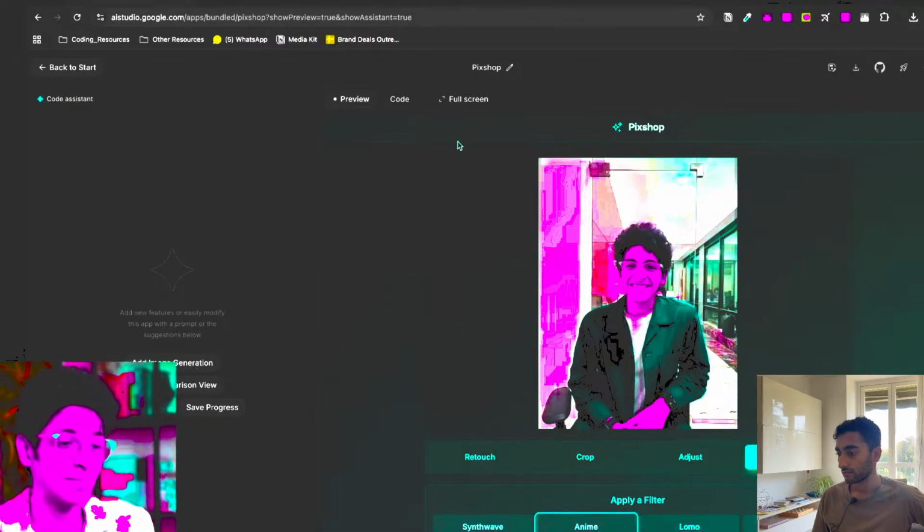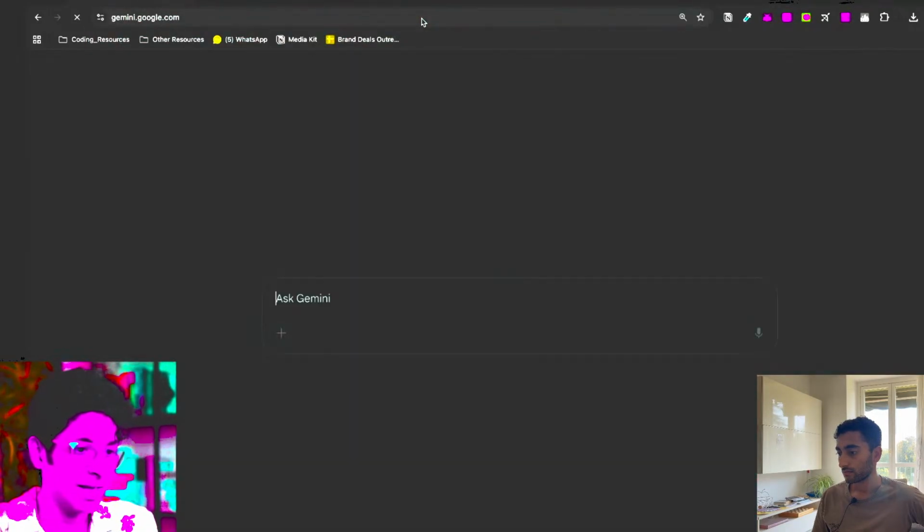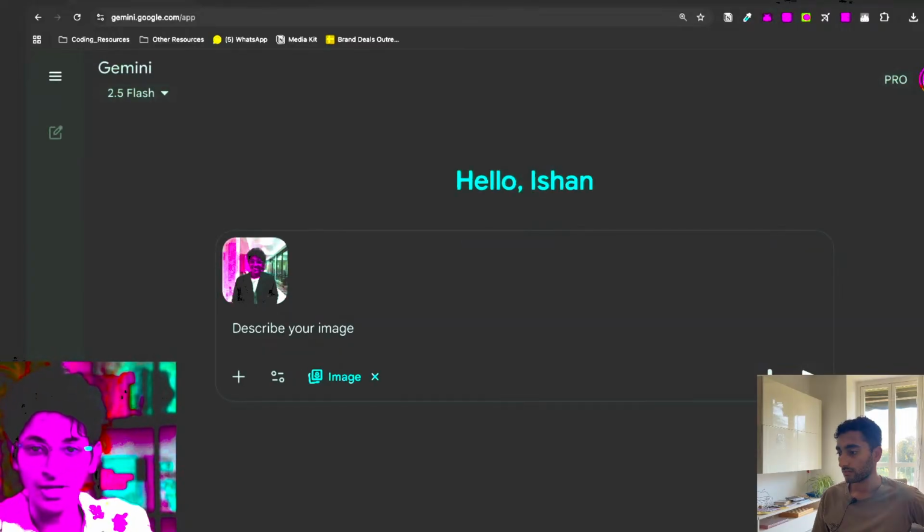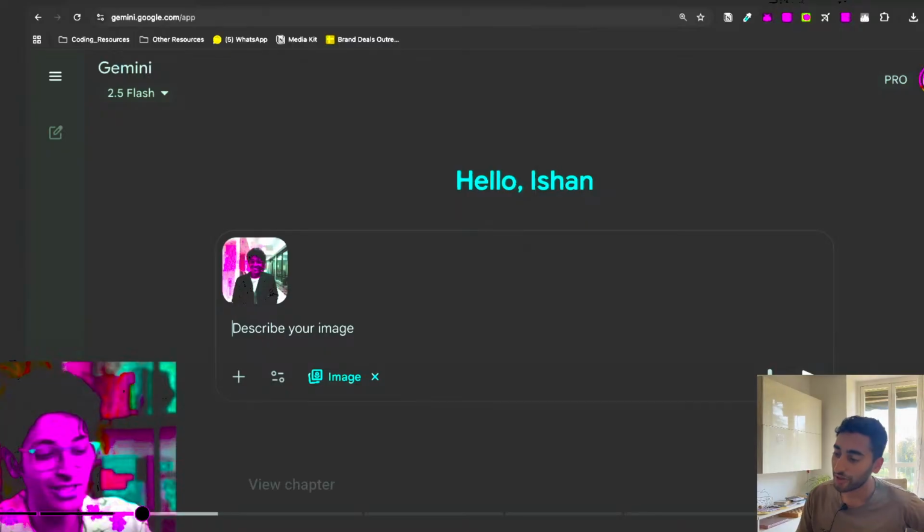The real way to use it is by literally just going to Gemini and just importing an image. So you can choose the tool to be image and just drop an image of yourself. And by simply describing the changes you want in English, you can make any